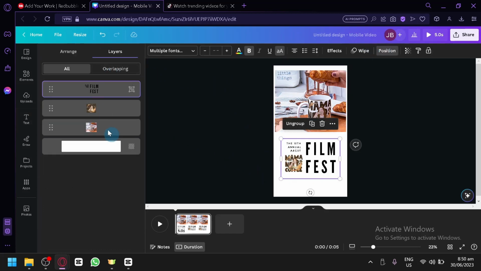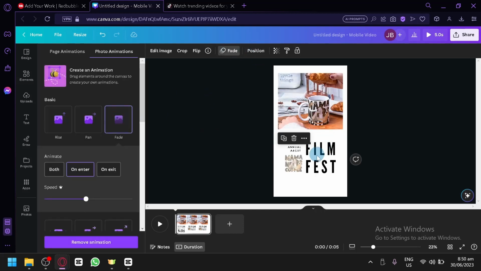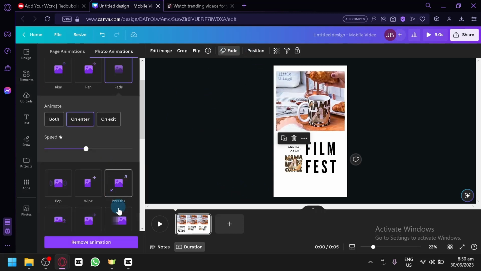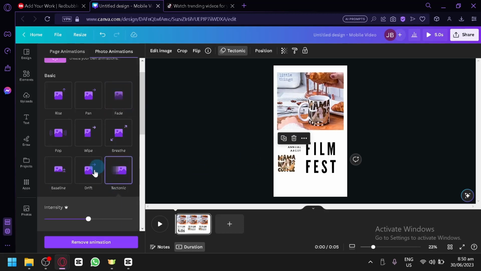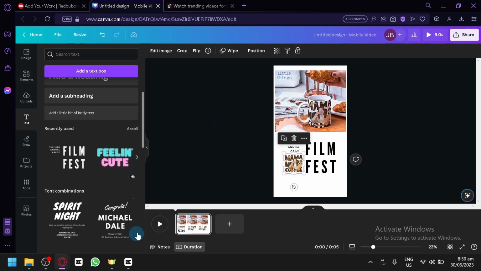Click our position, select this, animate, and then fade this also. Or you could go with tectonic as well, or drift. There. Now, when you play this is what it's going to look like. And now you could add like a compilation of your different outputs in Redbubble and upload that simply in your